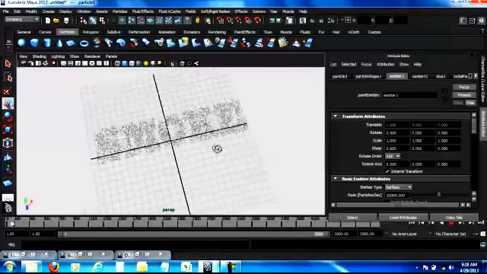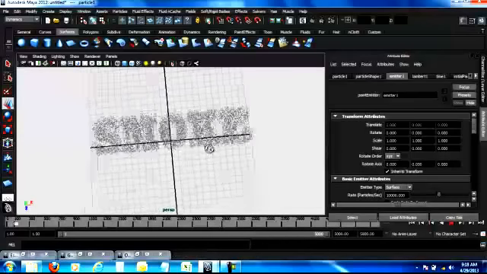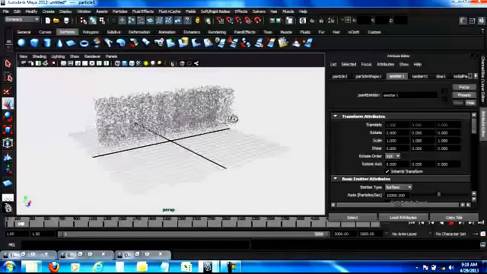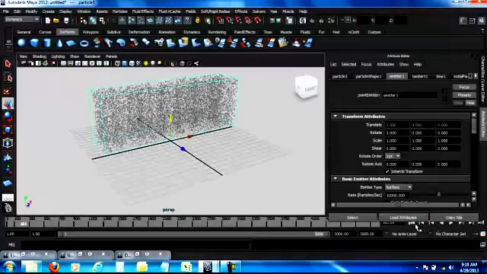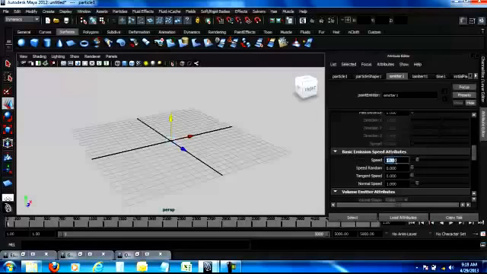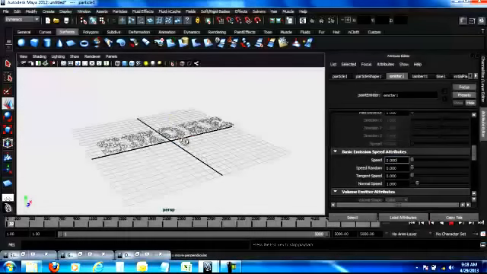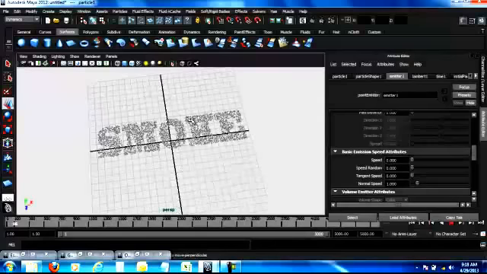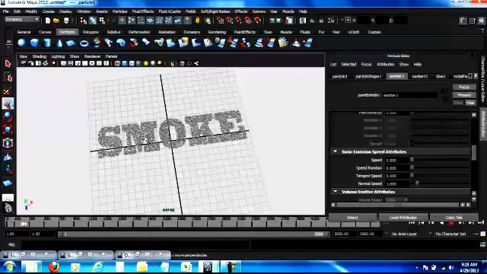See, I can see the word smoke coming up roughly, but the problem here is my particles are moving. Now they are moving because my emitter has got a speed here. If you can see, speed is set to 1. Now I don't want any speed, I want it to be 0, so that I can get the word emitted here itself. So you can see here slowly my texture is actually emitting those particles in the format as given.